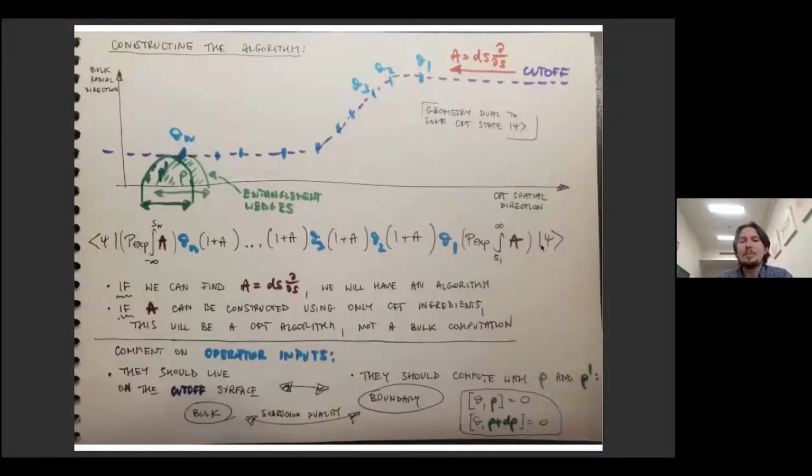Well, in this case, an exact repetition of what we had on this slide gives me an object of this type. I start with my overall state, a state without any scale, and then I will translate along the cutoff until I meet some operator, some input. Then I'll translate along the cutoff, and then I'll take another input, and I'll keep going, translating and taking inputs, and at the very end of the day, I will take an inner product with the bra of the corresponding global state. This object, which can be evaluated for any input operators, is what I would call the state at the cutoff.